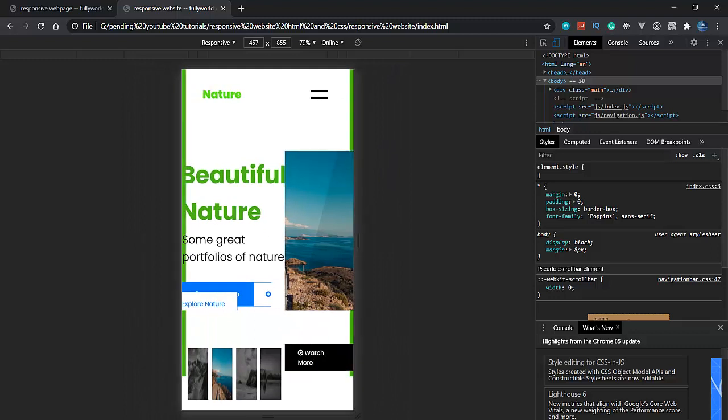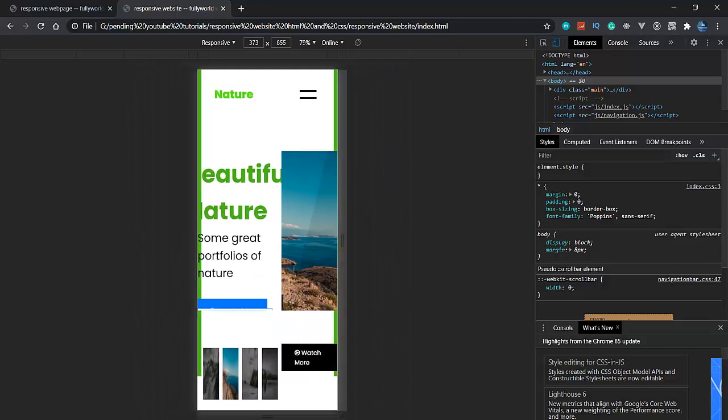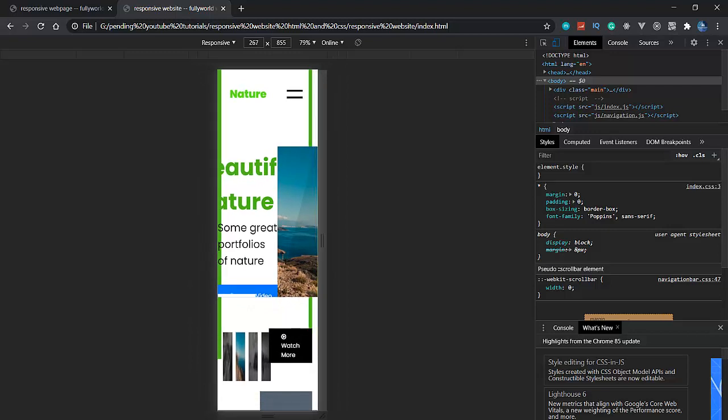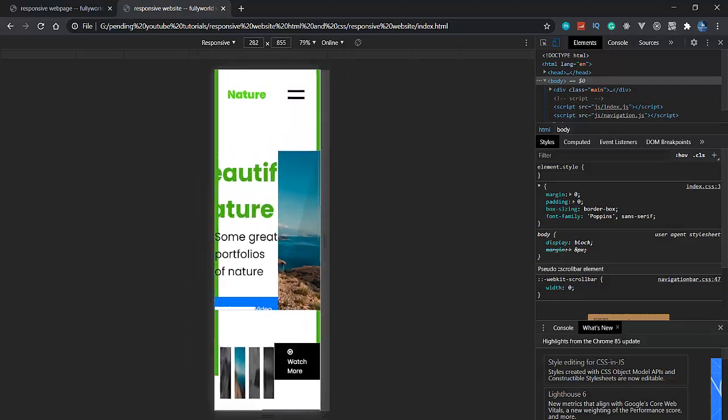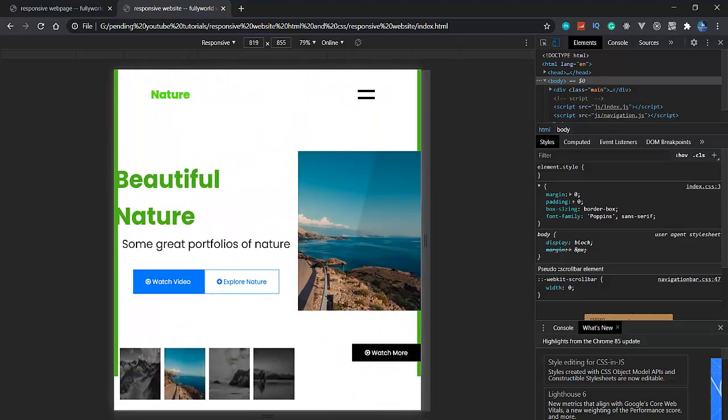Now our website is getting a little complex here. See that we are not getting spaces, the alignment is just separating. So now we will be able to make this website responsive here.